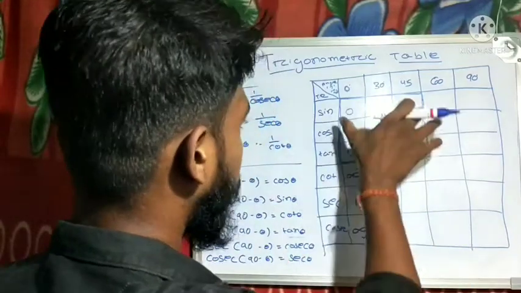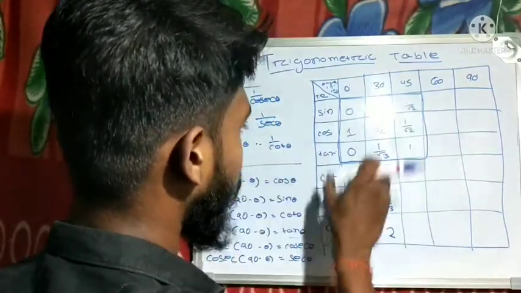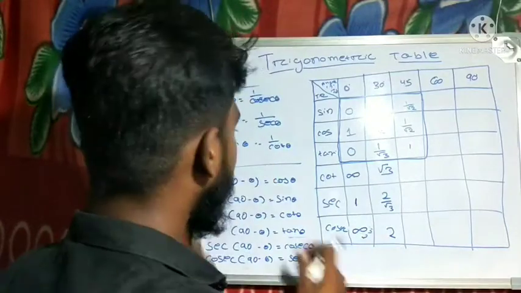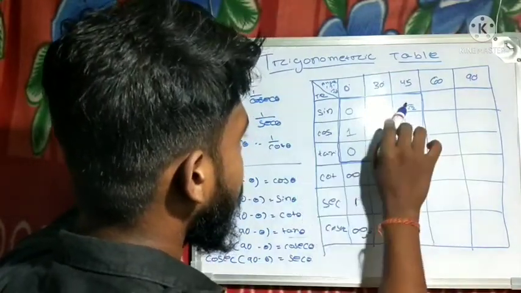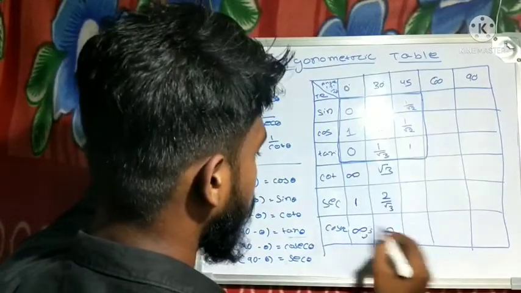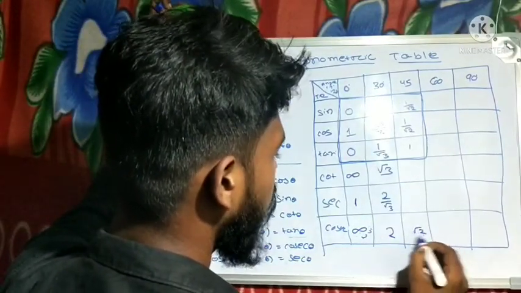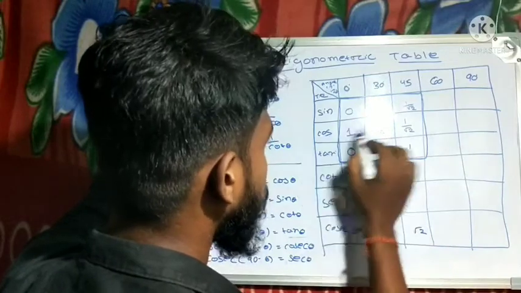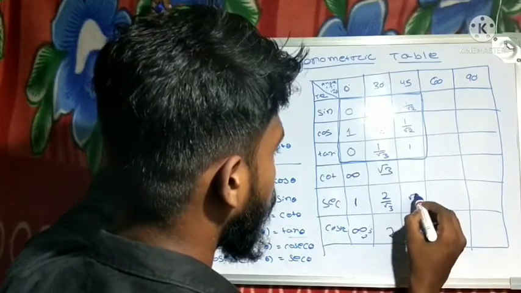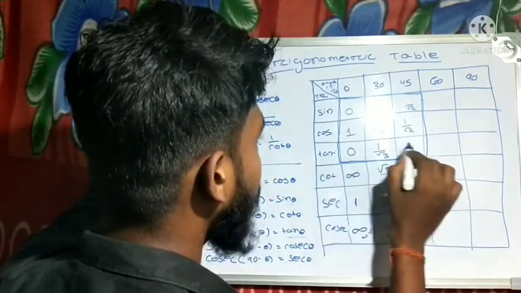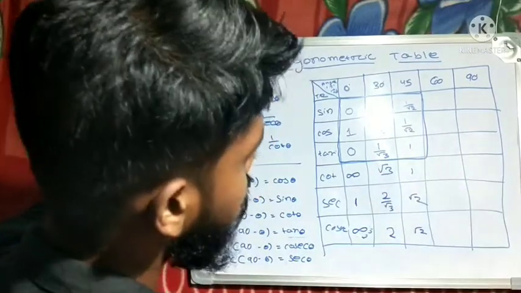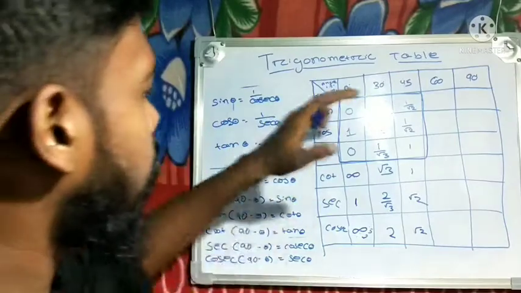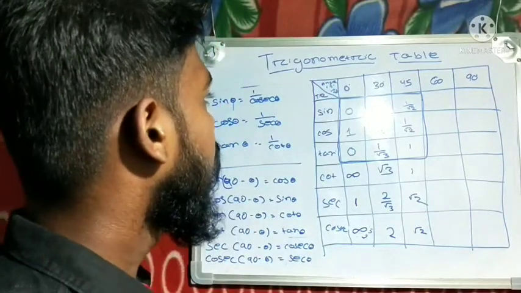Okay, very easy. By this formula and this formula we can easily derive this. This is only the concept. Then see here, as sin 45 is 1 by root 2, this is the reverse. Root 2 by 1 is equal to root 2. As cos is equal to 1 by root 2, sec is equal to only root 2. And as tan 45 is equal to 1, then cot 45 should be 1 by 1, that means 1. Simple. Then this is the reverse way to represent that.